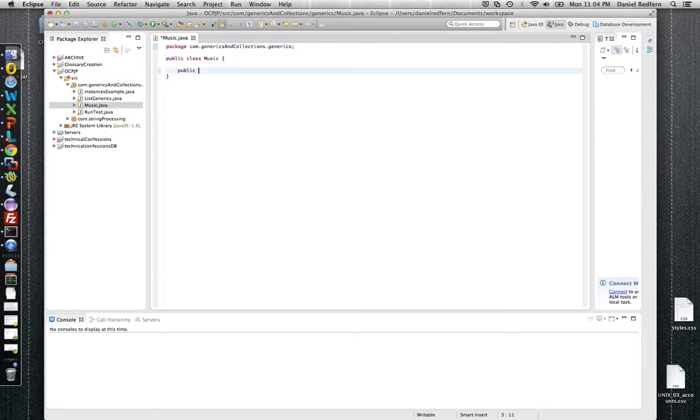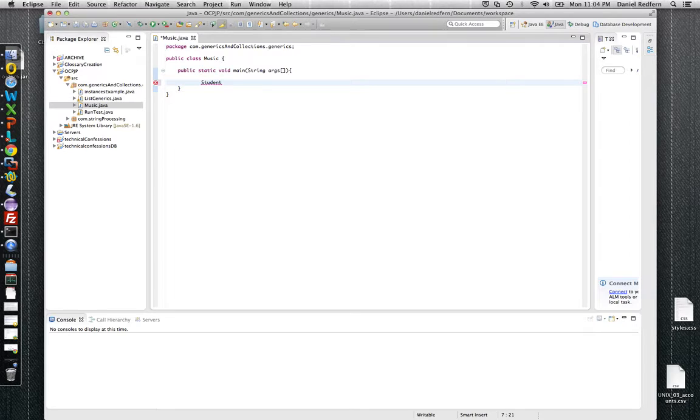Public static void main, String args, curly bracket. Get rid of that bracket. Okay, good. So what I'm going to do for starters is create a student